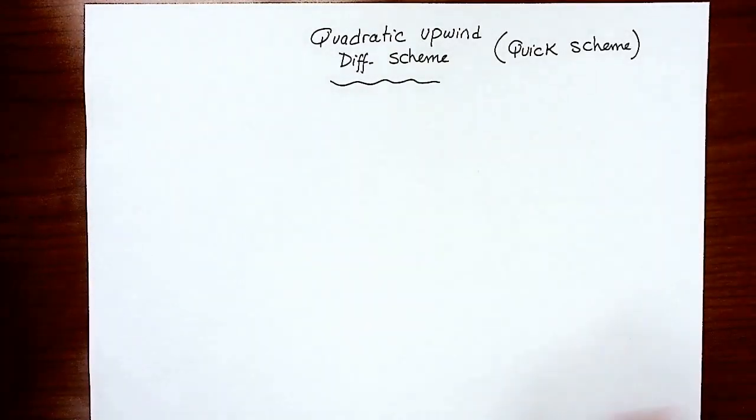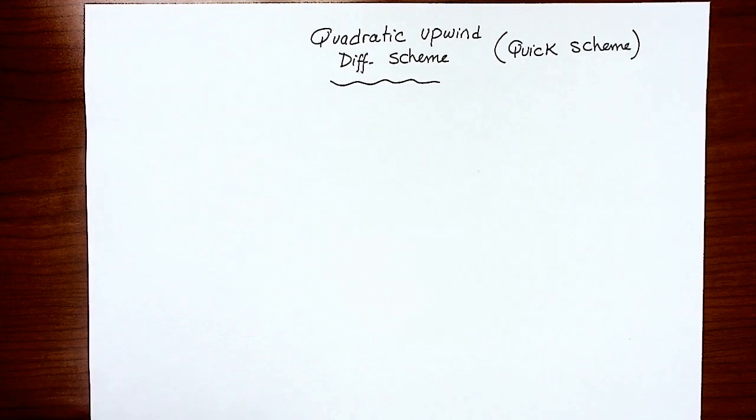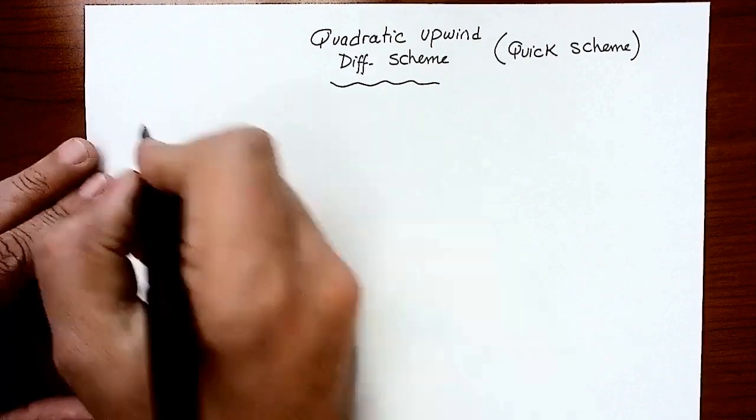So since we started looking at the convection-diffusion problem, we were able to approximate both diffusion and convection by different schemes. Just to recap what we did again: in the diffusion term, we usually use the central differencing scheme. When it came to the convection term, the first scheme that we covered was the central differencing scheme. Then the second one was moving to the upwind scheme. In the upwind scheme,